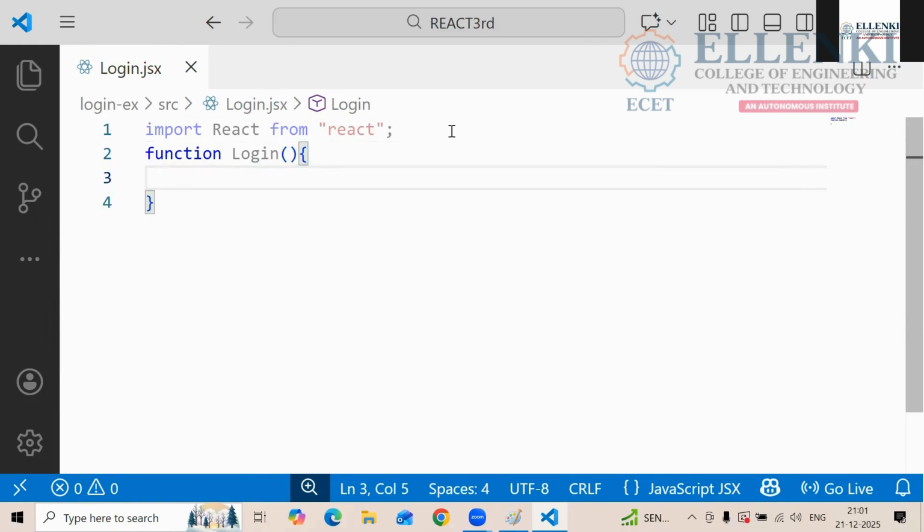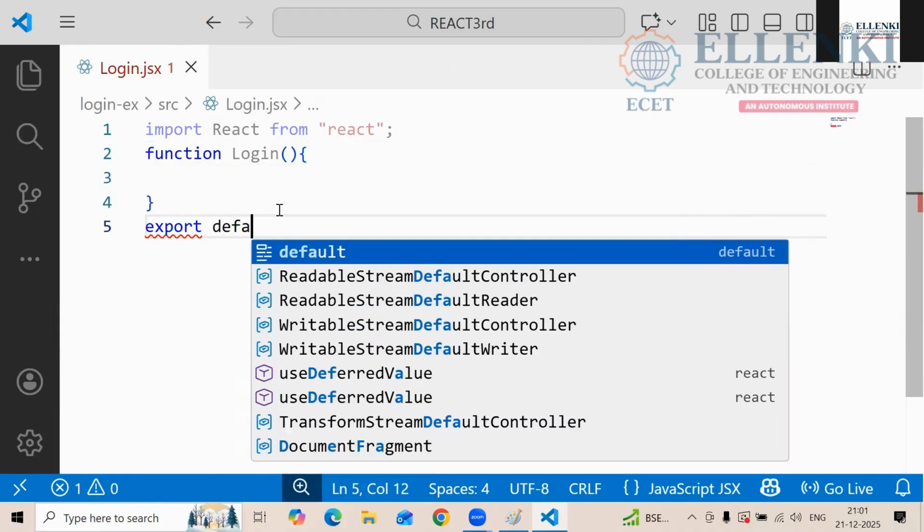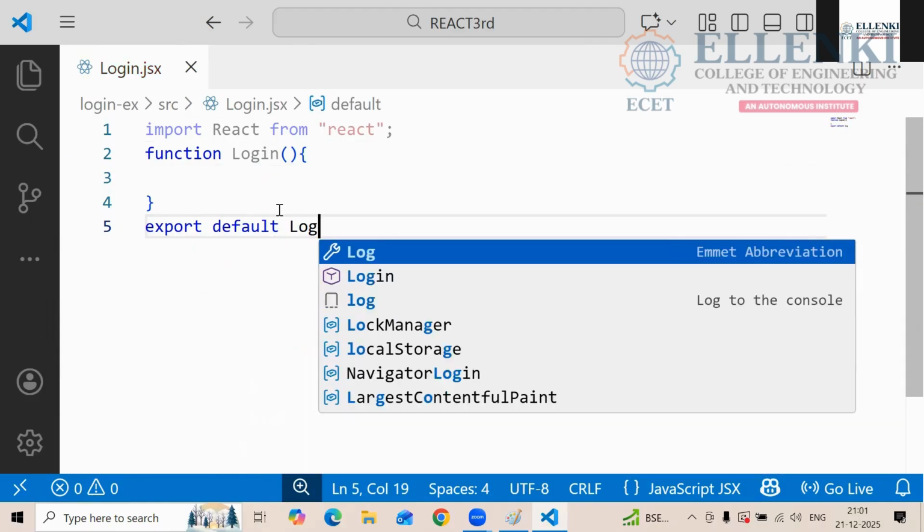Now if you are getting one error red mark, you people are getting tension, very much attention. When I am getting, why we are getting these all things. When you are finishing that thing, then the error will remove from that side, right? Yes or no? So now then what you have to do? You have to export your file. Export default Login. L should be the capital.